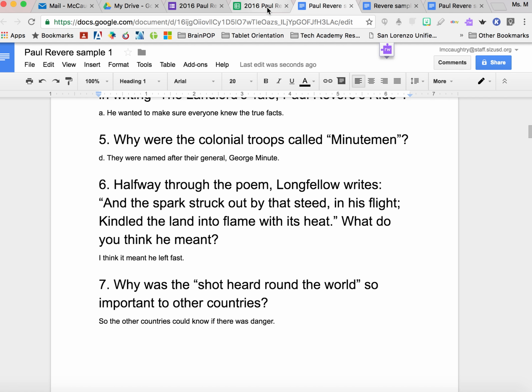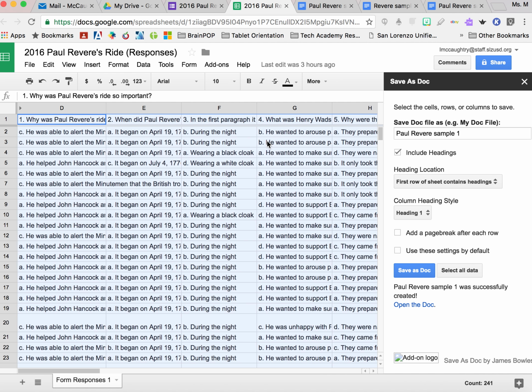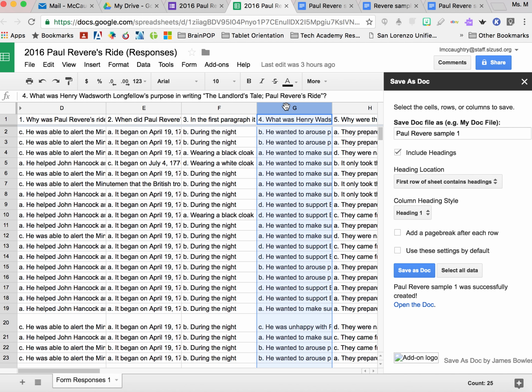So if you're thinking, well, it would be much better to separate it just by columns, so each separate question from your form could end up going into a separate page. What you're going to do first is you're going to unselect all, and then select whichever column you wanted to. So maybe I'll click column G, and I'm going to make this one sample 2. I am going to uncheck the include headings,